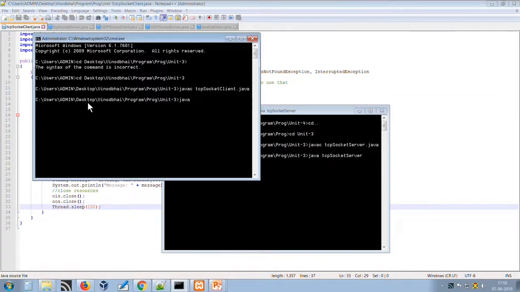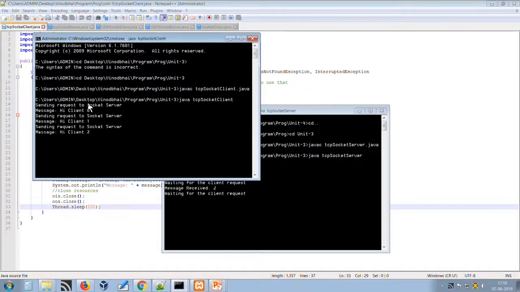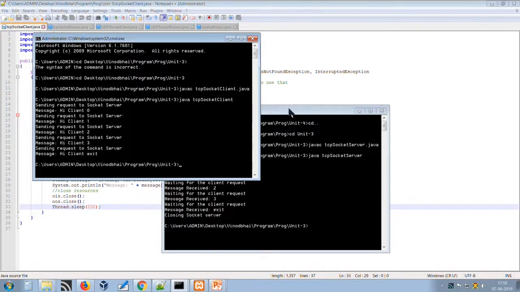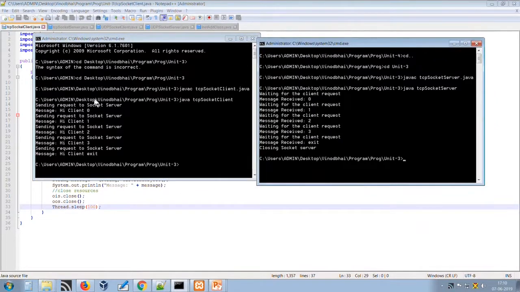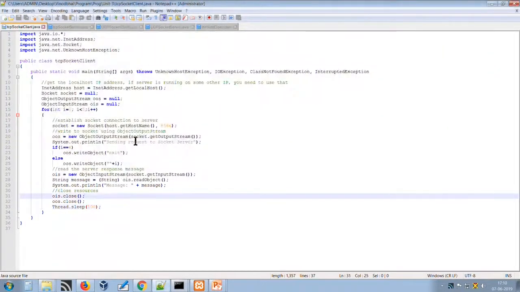run the client program. Once the client program starts, see here on both screens, 1, 0, 1, 2, 3. Up to 3 we have checked the condition that 4 equals exit. Then up to the third stage, the client will write the data to the server, the server receives it, processes it, and sends it back to the client, and at both ends we have printed, so the message is displayed in both prompts. So this is all about client and server using the TCP environment, using the ServerSocket and Socket classes.